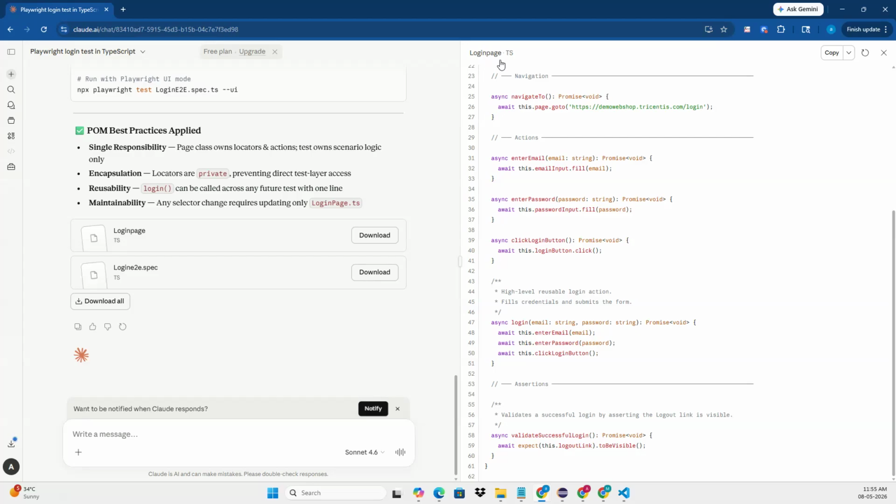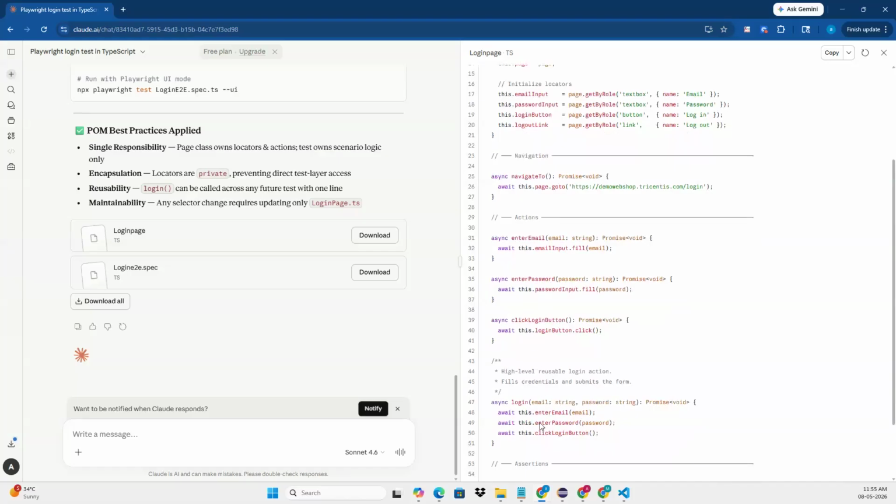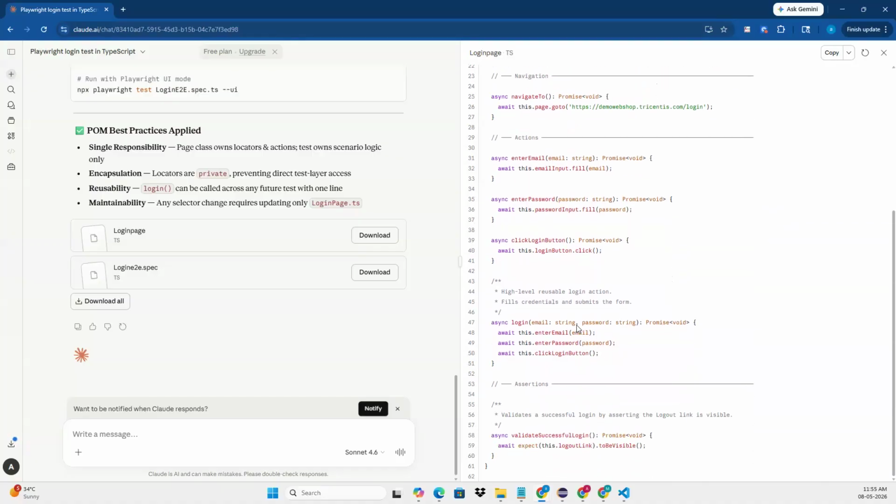Okay, so this is my login page. As expected, it has initialized the locators in the constructor. Okay, and once the initialization is done, the actions are written as reusable methods. Enter the email, enter the password, click the login button. Okay, and they are called in the login method. Okay, and for validation, a separate method is created.